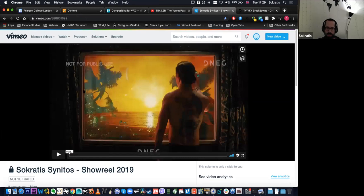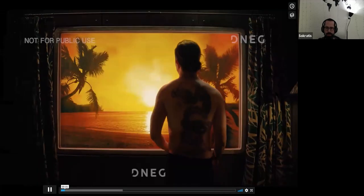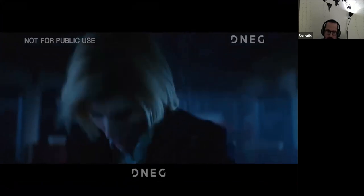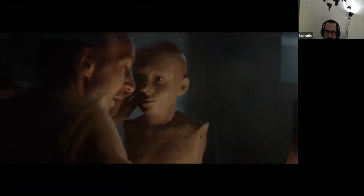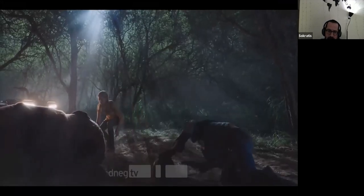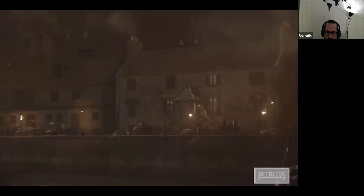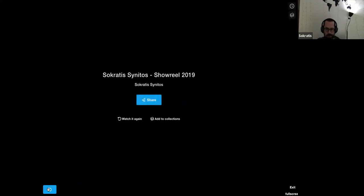I could show you my show reel because I have a few shots from this project. So this is from Altered Carbon. Of course, you'll see some film work apart from television work, but there is a lot of television stuff in there. That's Doctor Who, the latest TV show. You can probably tell that this is Pinocchio, a film that was recently released. This one is a TV show, actually. I'll talk about this in a bit. So let me